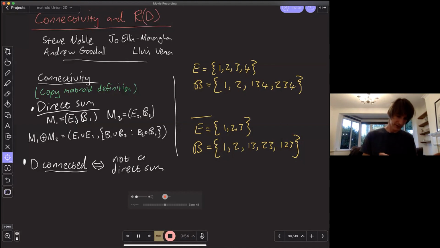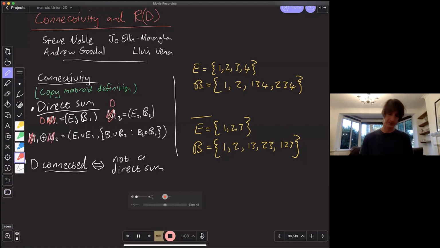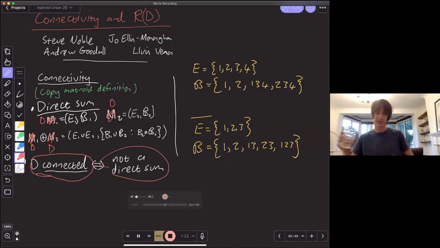So just the standard definition, you've seen this before. So what do I do for a delta-matroid definition of direct sum? Well, I just replace this M with a D, this M with a D, and these two Ms with Ds. I'm just lifting the matroid definition. And then I say that my delta-matroid is connected if it's not a direct sum, exactly how you would define this for a matroid.